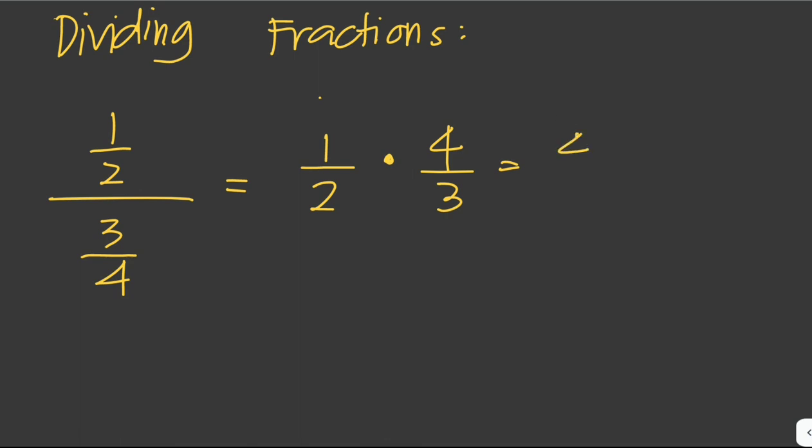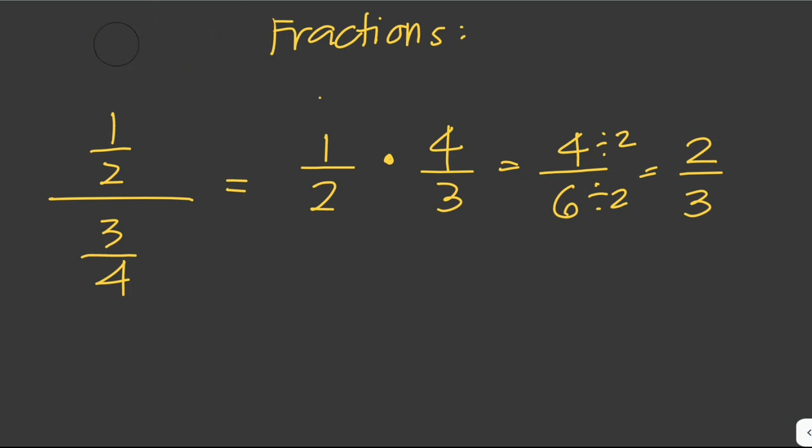So 1 times 4 is 4, 2 times 3 is 6, and you can further reduce this because both 4 and 6 are divisible by 2. So this is just 2/3. So 1/2 divided by 3/4 is equal to 2/3. Alright, and then we have